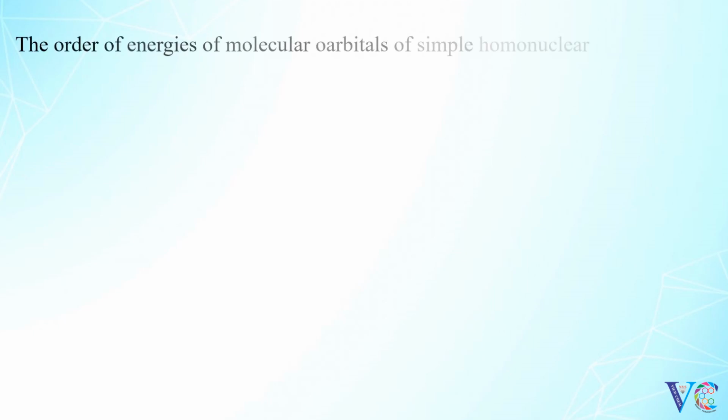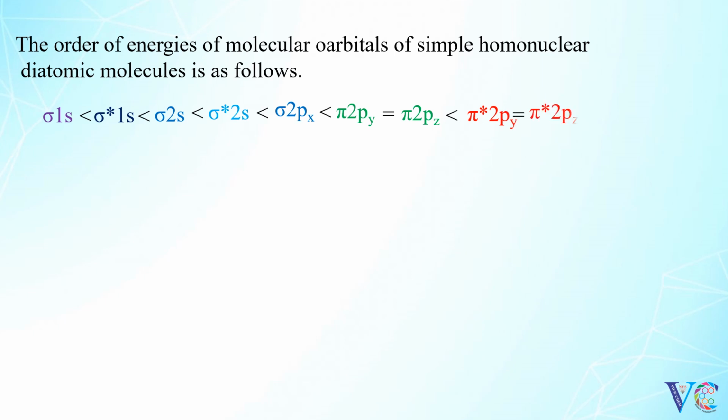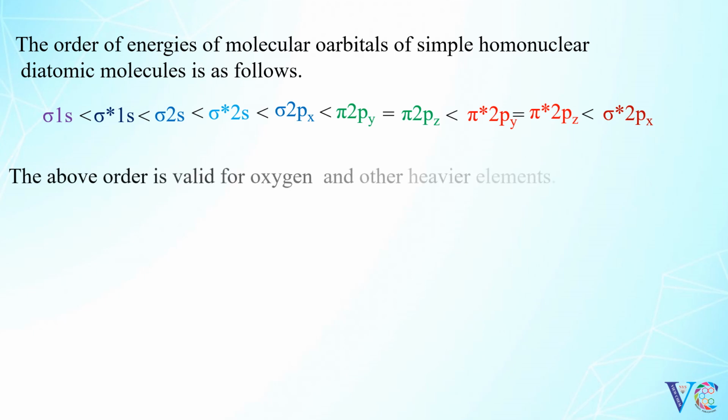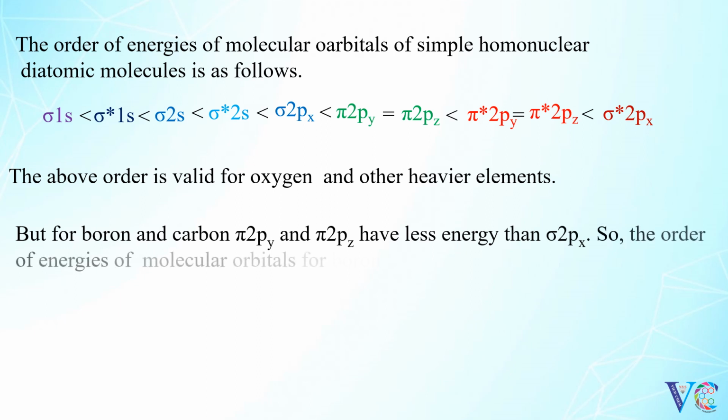The order of energies of molecular orbitals of simple homonuclear diatomic molecules is as follows. The above order is valid for oxygen and other heavier elements. But for boron and carbon, pi 2py and pi 2pz have less energy than sigma 2px. So, the order of energies of molecular orbitals for boron and carbon is